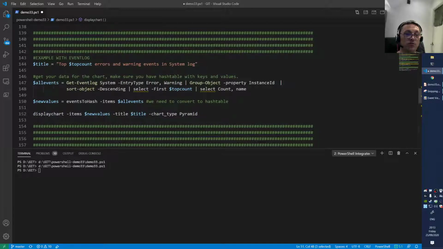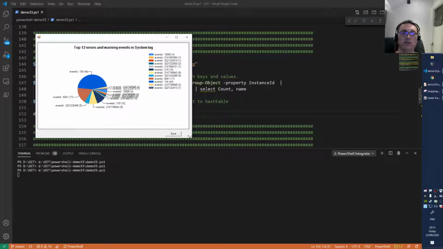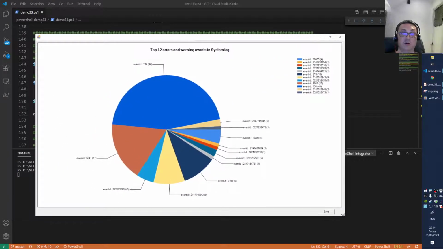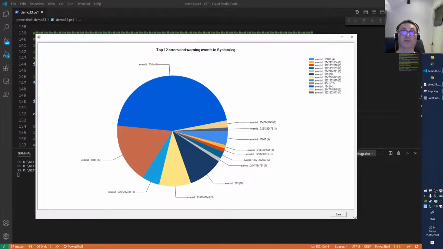We had here the first example, and we said it was a pyramid, right? And now we convert that to a pie. So let's run this. Let's see how it looks now, right? Now it should be a pie instead of, you see? Now we have a nice pie overview of all those event IDs. Remember the last overview that looks different? That was the pyramid. It looks pretty cool, huh?